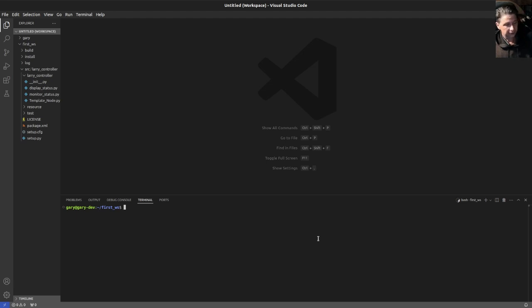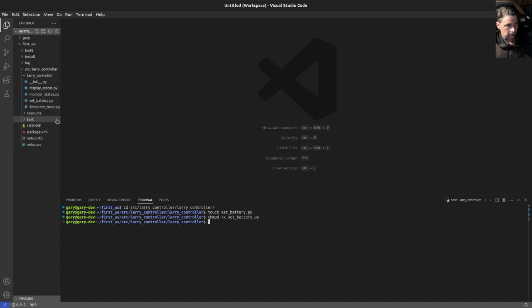Okay, so the first thing I want to do is CD into my package that I intend to work in. So I'm going to need to get into my source directory, Larry controller. And the next thing I want to do is create a new file. After creating a new file, the next thing I want to do is make it an executable. Okay, now I can open up my new file,